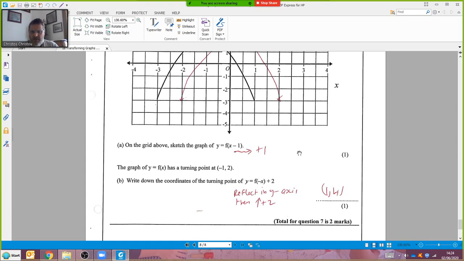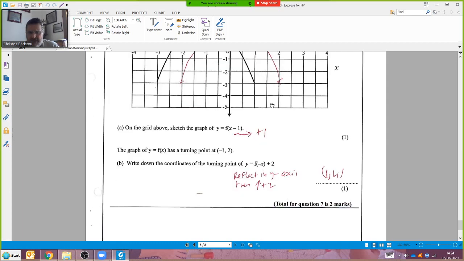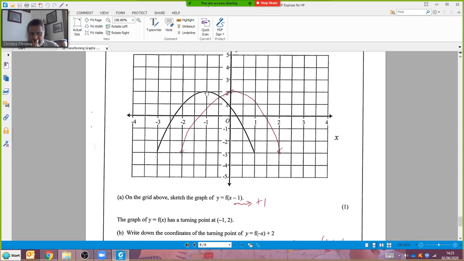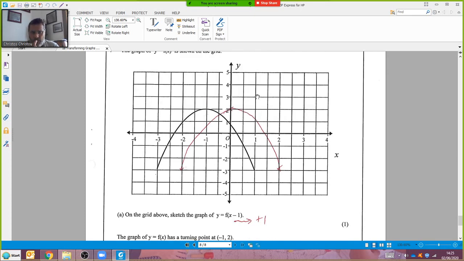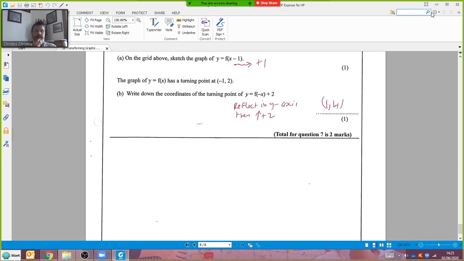What's this one? So the graph of that has a turning point of minus 1, 2. Yeah, I agree. There's the turning point right there. And what do they want? Write down the coordinates of the turning point of f of minus x plus 2. Oh, the f of minus x means reflect it in the y-axis first and then lift it up 2 units. So let's just play with that. Reflect it in the y-axis. So minus 1, 2 becomes 1, 2. And then lift it up. How many units did they say? Lift it up 2 units. So go 1, 2. There you go. I've landed on 1, 4. That's worth 2 marks as well. So let me just